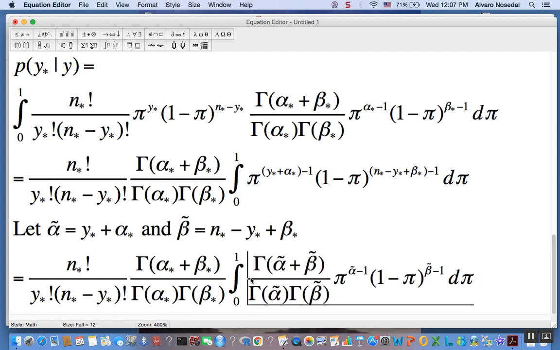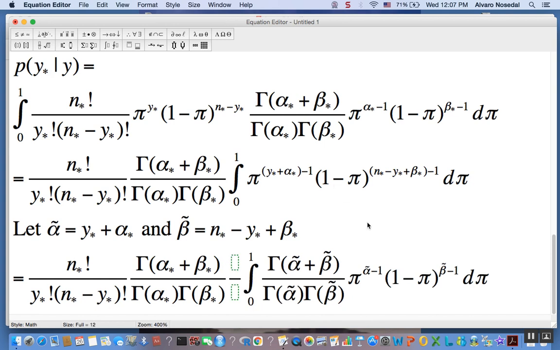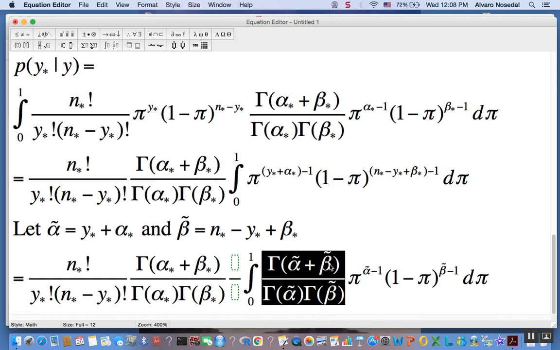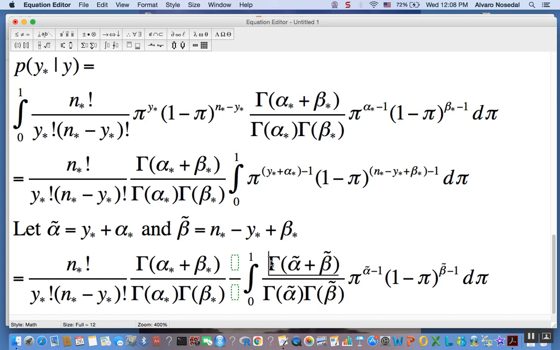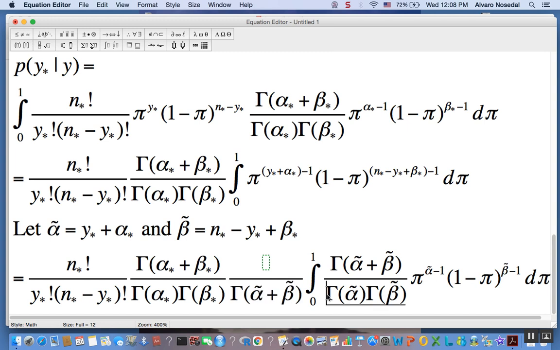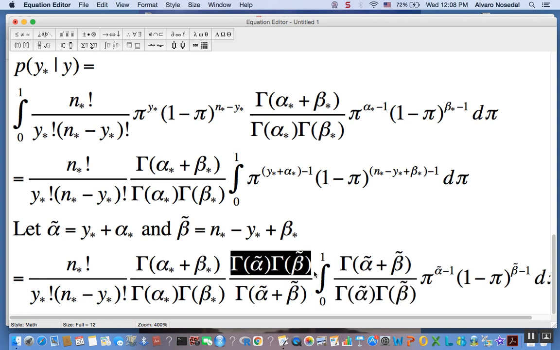But now you go, hey Al, you're multiplying by this guy and dividing by this guy. So you can't just do that, right? Yeah, you would be right. So what I would need to do in order to do things in a legitimate way is multiply by the reciprocal of this guy. If I am multiplying by this, I will be dividing by the same quantity, and since I am dividing by that quantity, I'm going to be multiplying by the same quantity here, and that is just a beautiful 1, right? And once I do that,